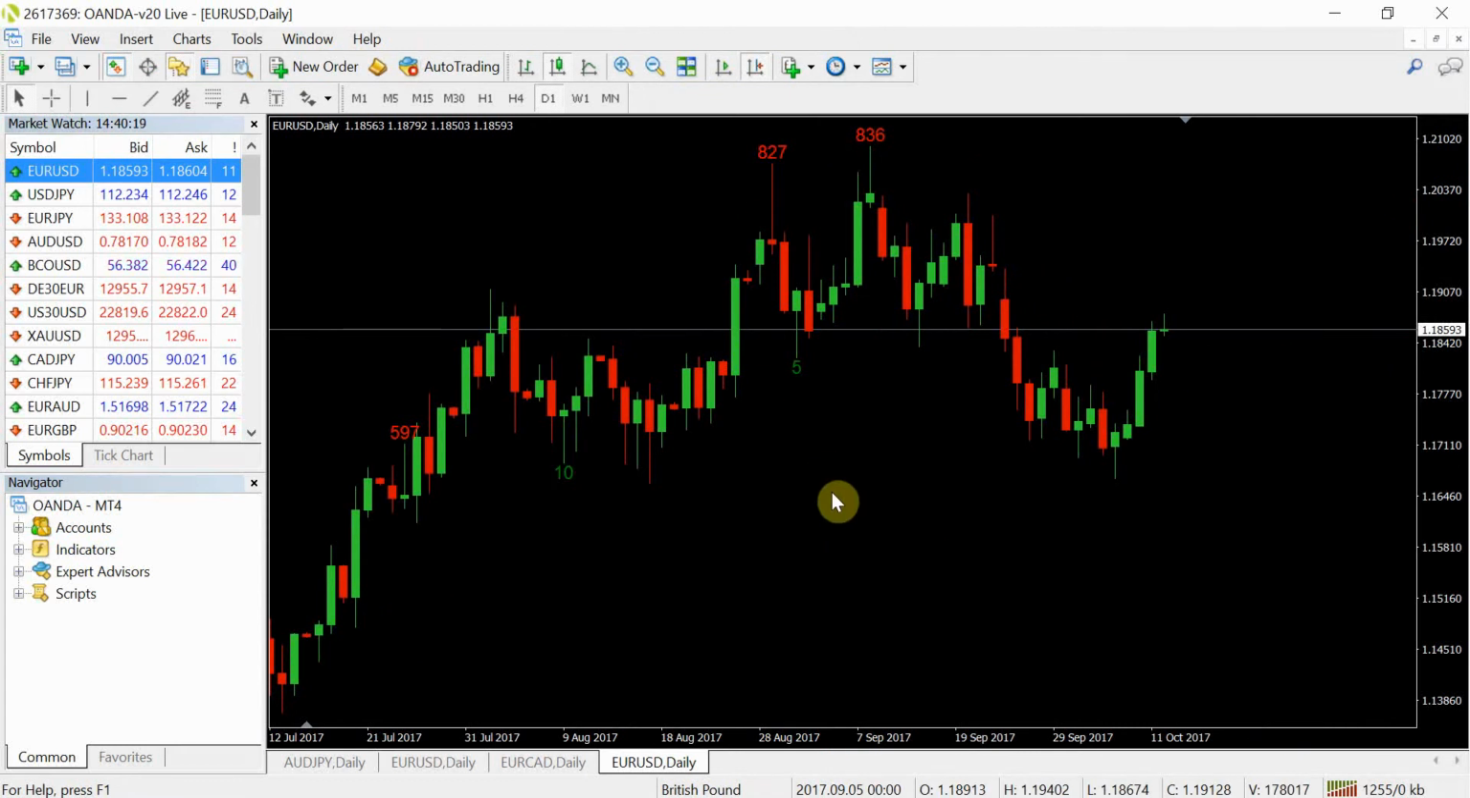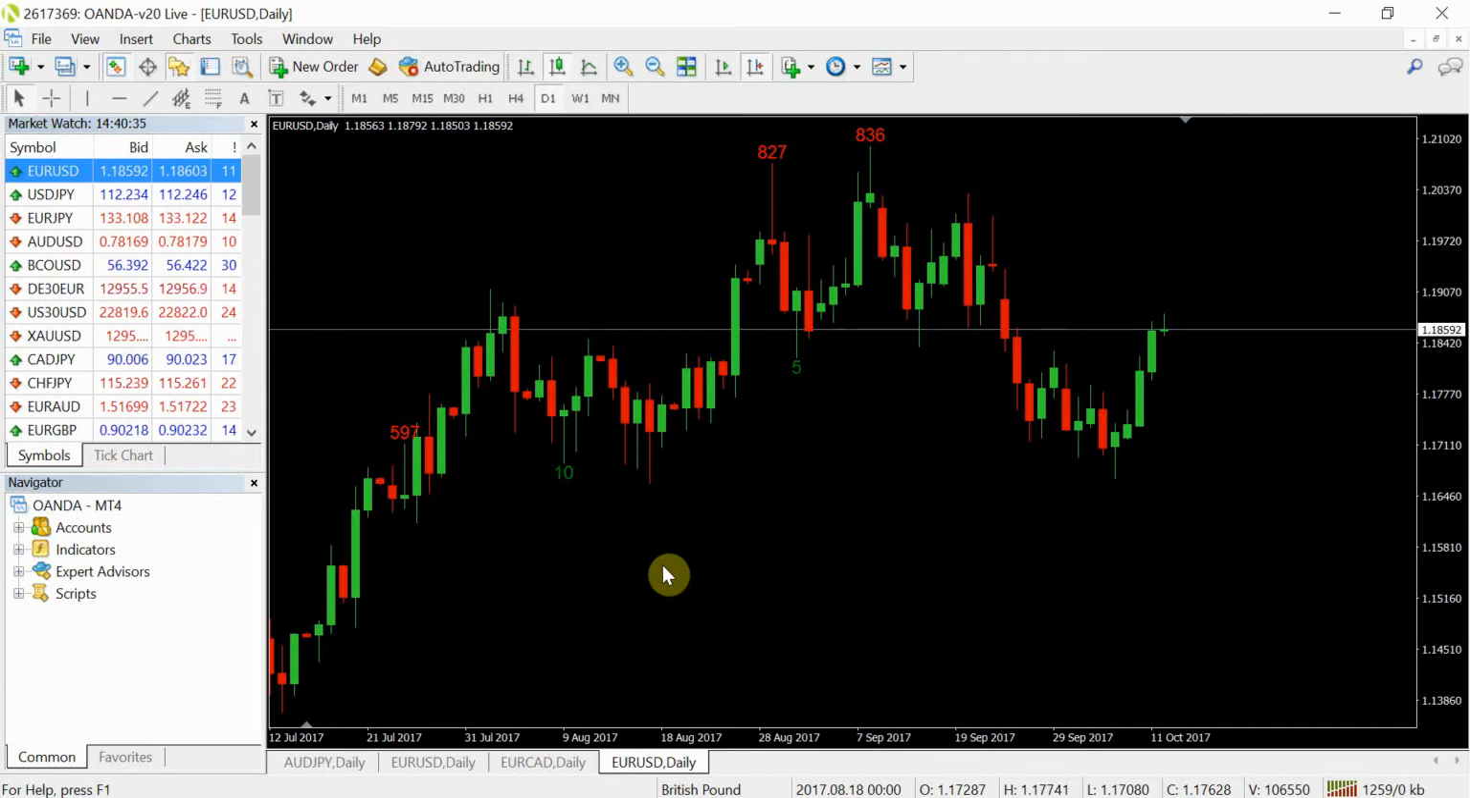So I've already got the indicator up, it's already running. Ignore these numbers for now, they'll all become clear in a second. So when researching online and looking at the rules of a pin bar, there's a lot of information out there